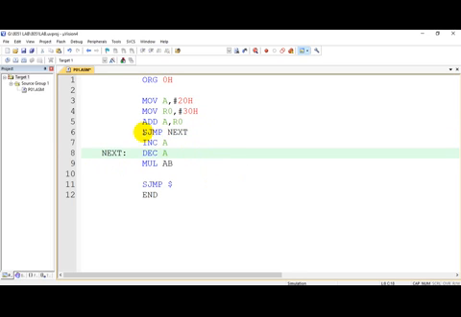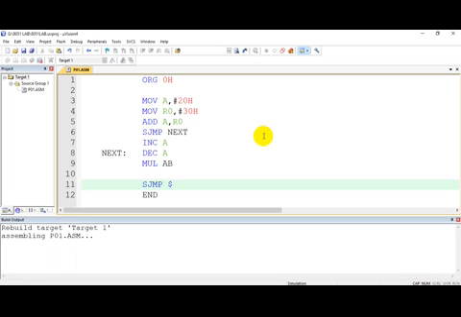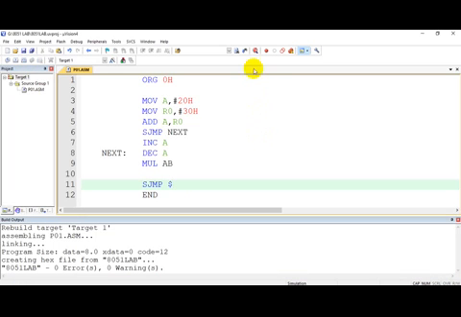When SJMP is executed, it will branch to the branching address, first point. Second, it will start executing from the branching address onwards. This is what we have seen in a branching instruction. I will compile and debug this again for revision for you.